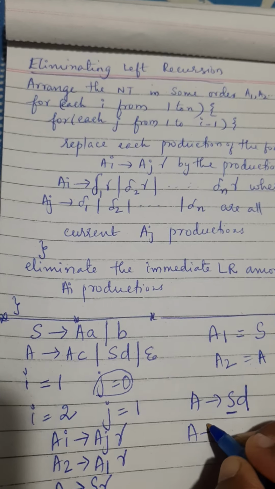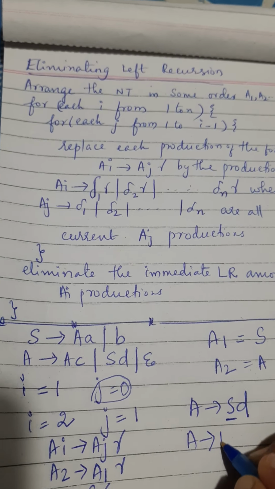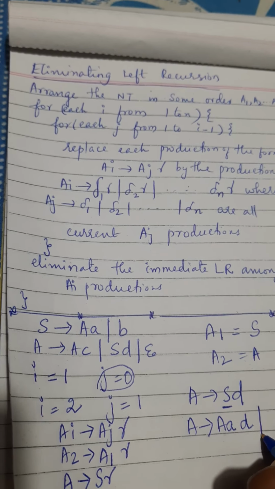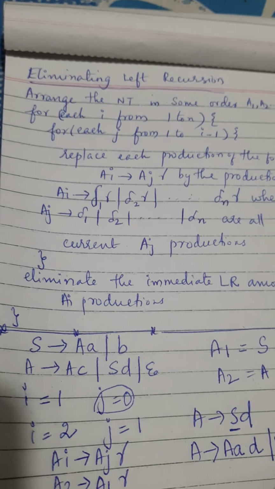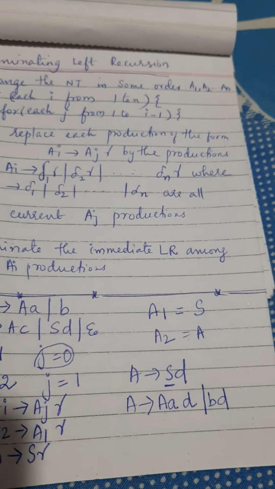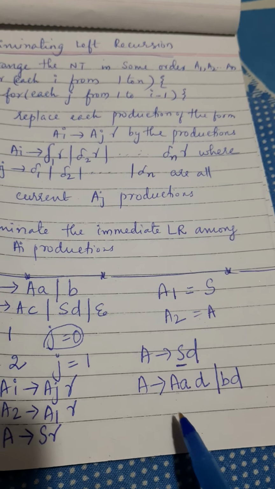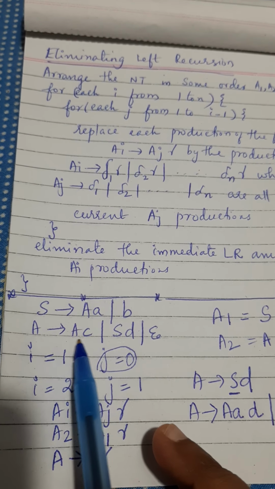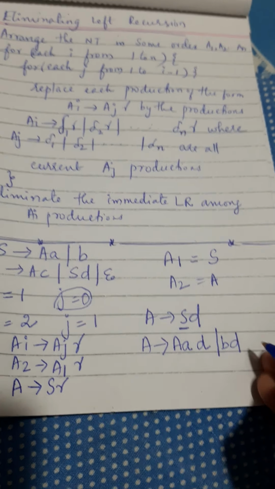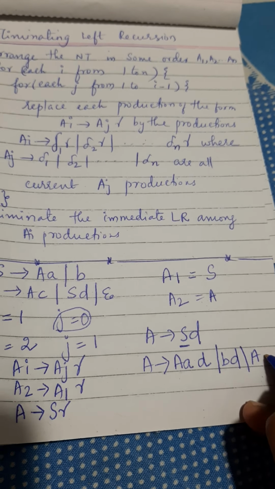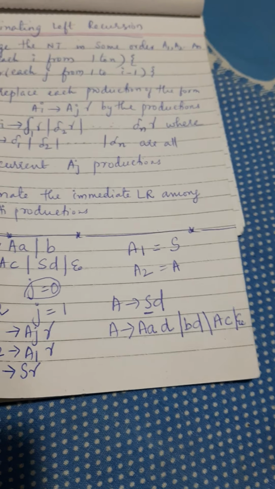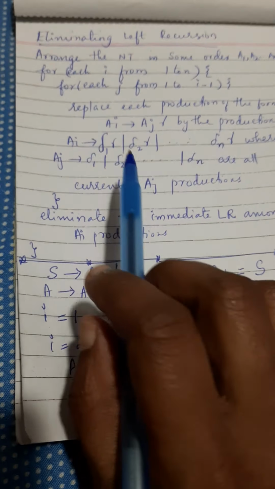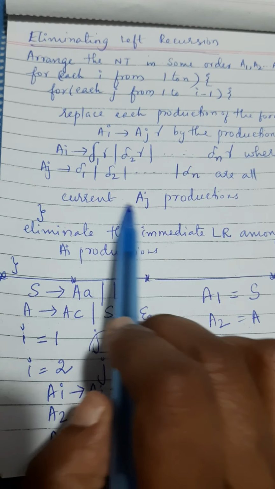So what will you get in the new grammar? A derives, first, replacing S with the definition A: A A followed by D. Second, S has one more definition, B, so B D. These are the two productions you have obtained by replacing S. And you can see that A has two other productions also, so they will also be part of the definition of A. So A derives A A D or B D or A C or epsilon. That is what you have to do in the inner loop.